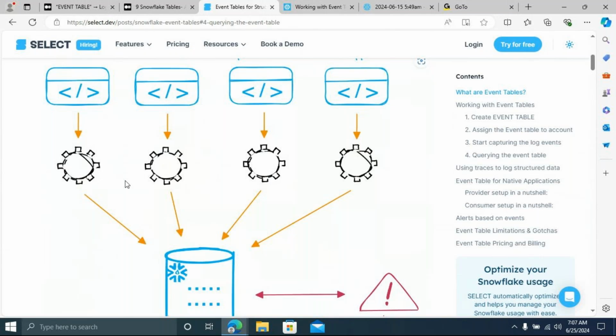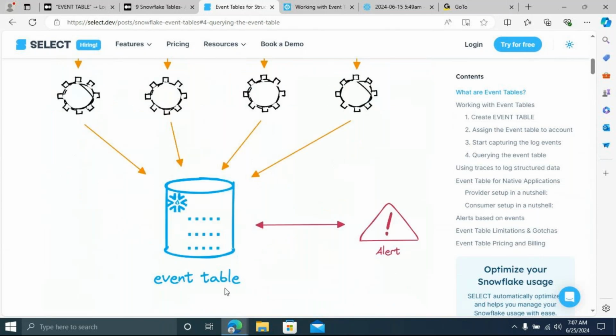Which table? Event tables. On the event table, you have to set some alerts and specify some conditions. If the threshold exceeds, meaning if this exception occurred, an alert is sent to the various developers. Based on that information, they will fix their code. Good. This is how you have to build ETL or ELT pipelines.